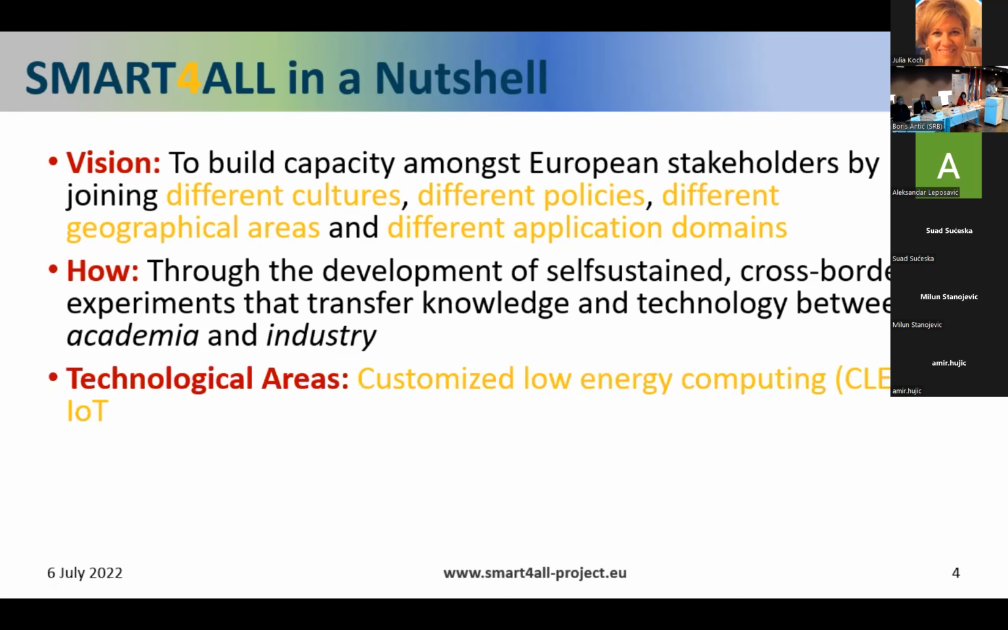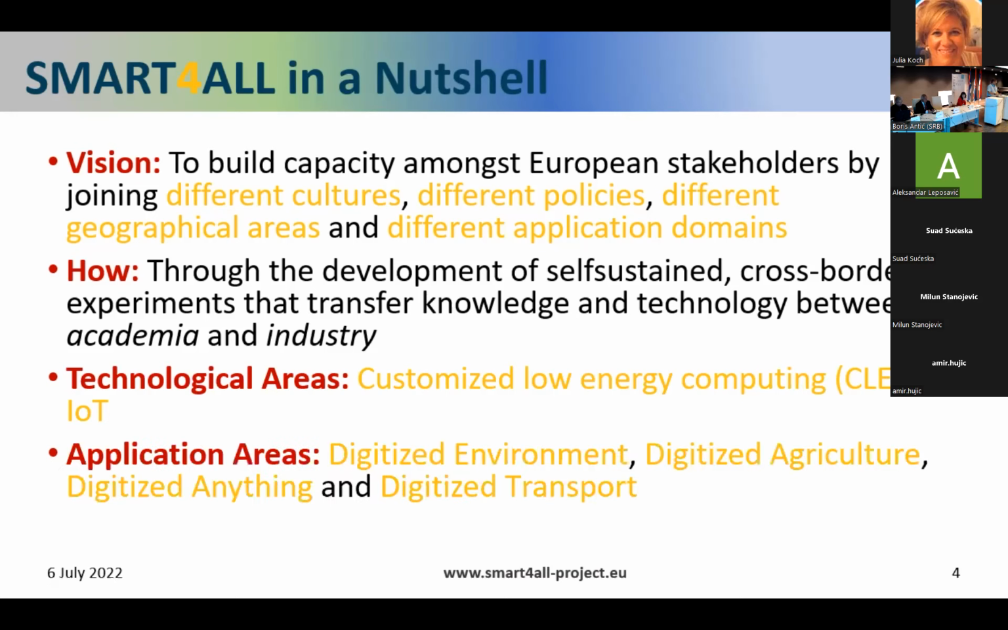The technological areas we're interested in investing in and supporting are customized low energy and Internet of Things. And we have 4 basic application pillars: the digitized environment, the digitized agriculture, digitized transport, and digitized anything. So the applications we're funding, the applications selected, must be cross-border, must be technologically related to these technologies and IoT, and target one of the 4